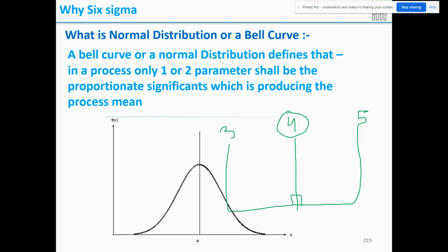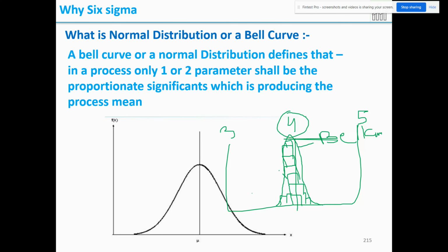Therefore, your frequency will always be here. Always you are trying to create 4 mm, 4 mm. Few of the parts will be 4.01, 10 micron variation, 3.99, 20 micron variation. This is acceptable. So you are maximum producing only the drawing mean, the required mean. Therefore, when you connect from LHS to RHS, you will form a shape like this. This is called a bell curve.